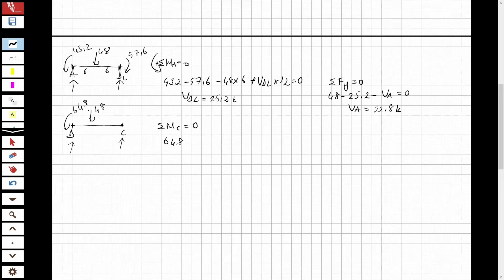64.8 plus 48 times 6, minus VD right times 12, because this is 6 and this is 12. And this is equal to 0, and from this equation I will obtain VD right as